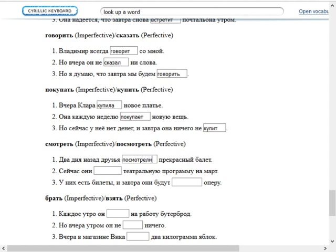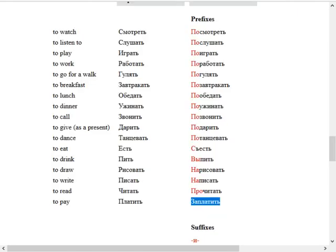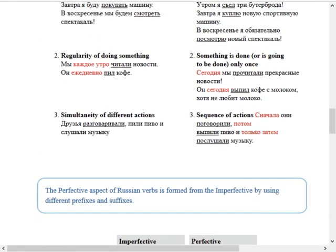Posmotrieli. Perfective. Сейчас они something театральную программу на март. Now they are... okay, they're doing something now. If you're doing something now, I believe it has to be imperfective because...